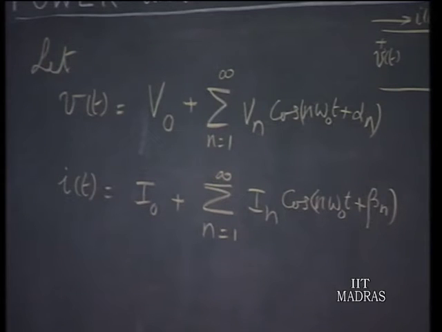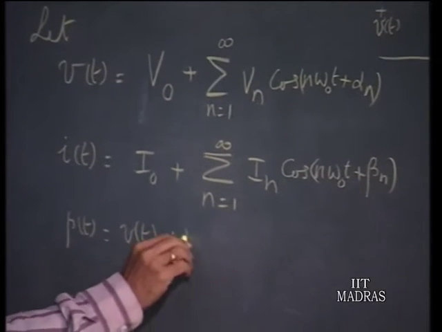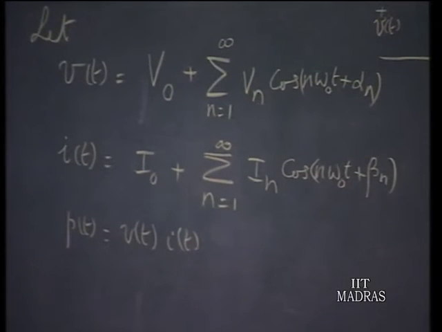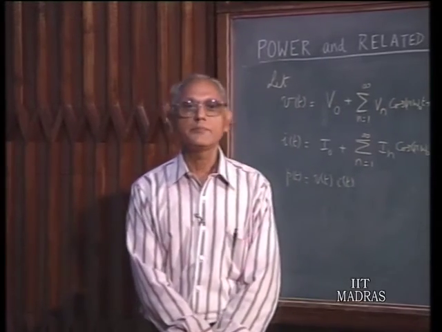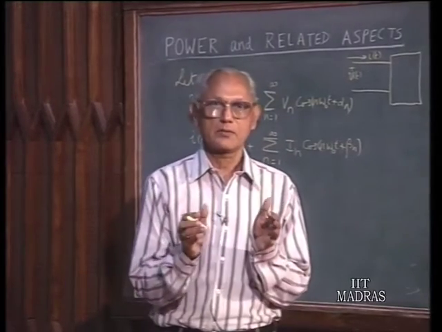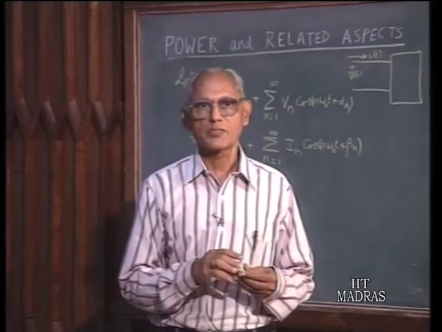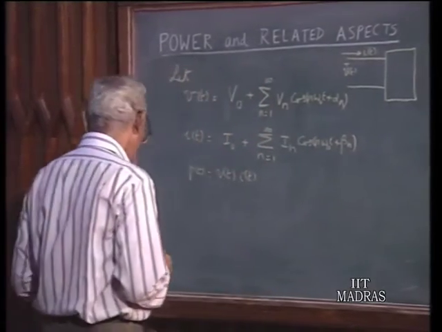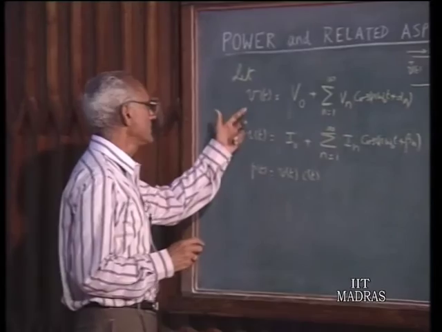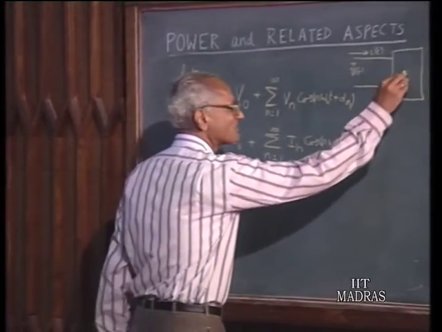Now the instantaneous power p of t is of course the product of v of t and i of t. And when we talk about power associated with any periodic phenomenon, we always imply the average power over a fundamental period or an integral multiple of such periods. Therefore, when we say power associated with this voltage and current, that is the power input into this network N,